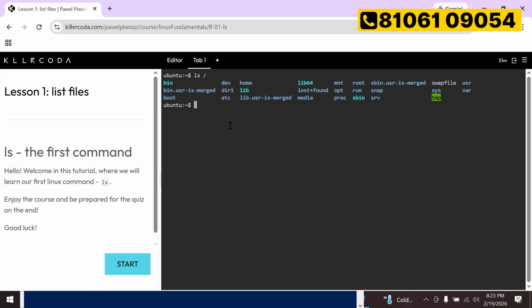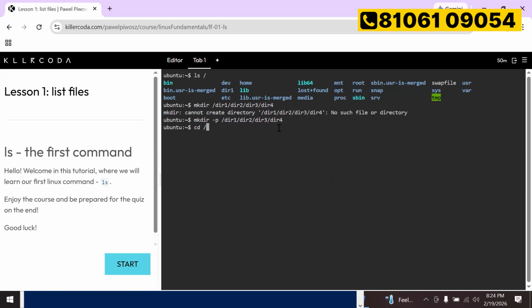Suppose I want to create a directory within a directory, such a hierarchy. Let us say mkdir: in directory 1, I want to create directory 2, in that directory 3, in that directory 4. What is it saying? No, you cannot create that because the previous directories, directory 3 and directory 2, were not found. To avoid this kind of error, we can use -p, which preserves the directory structure and creates it. You see, now it is created.